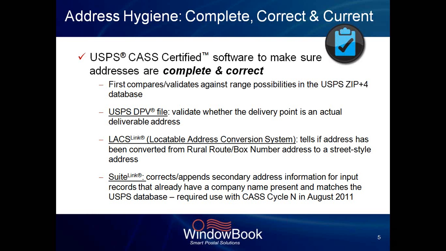You're also going to bump that address against LACSLink. Now, back in the early 80s, the Postal Service created a database called a Locatable Address Conversion System. And this was done because there were a lot of local governments and municipalities that were converting rural route style addresses to street style addresses for their E911 systems, their emergency response systems. So that rural route 4 box